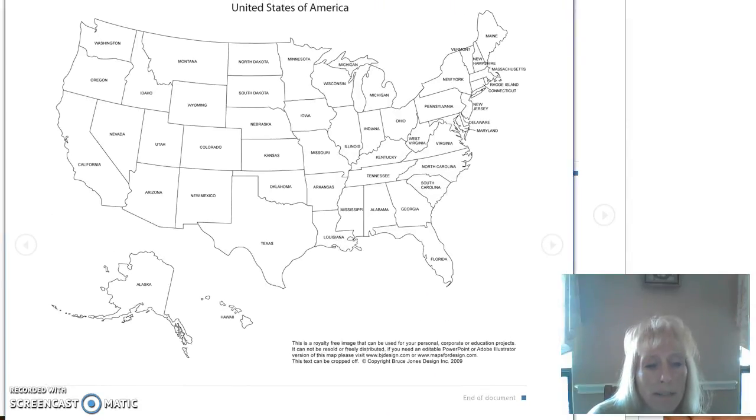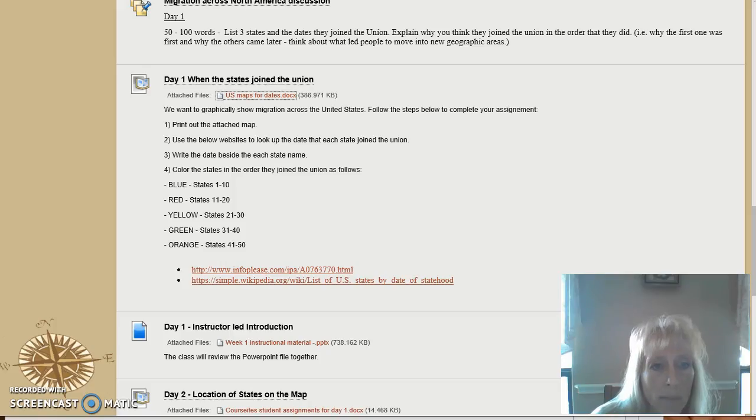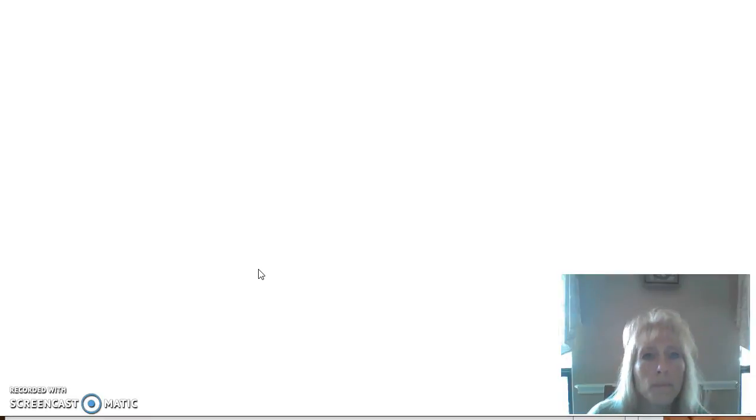So here is this map of the United States. You're going to print this out, and then you're going to do the rest of the steps that it tells you to do in the document, which include coloring them and writing the dates on them. You can write all the dates in and then use the color codes given in the assignment page here. The first 10 states in order, which will be on these pages, you're going to color blue. The next 10 states are red. So if you go to one of these links,